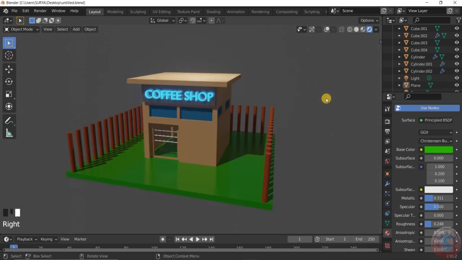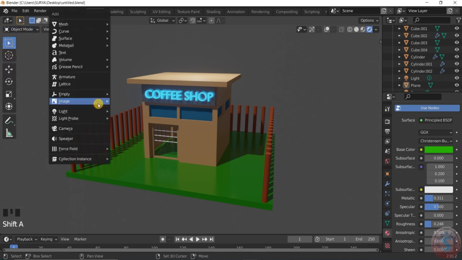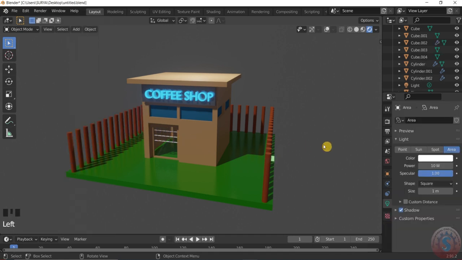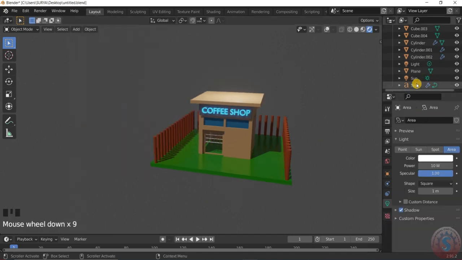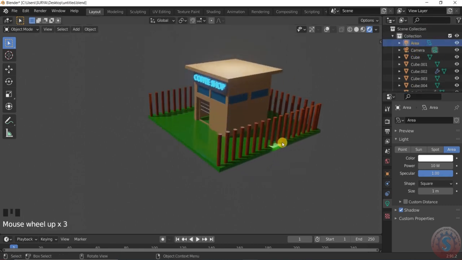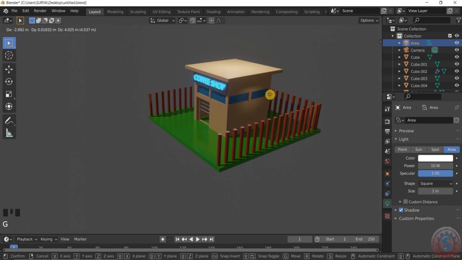point light. You can observe, go into the object mode and Shift A. Here, the area light, for the windows. The area light is created here. By clicking on the J, you can observe the area light is like this. I want to adjust this here